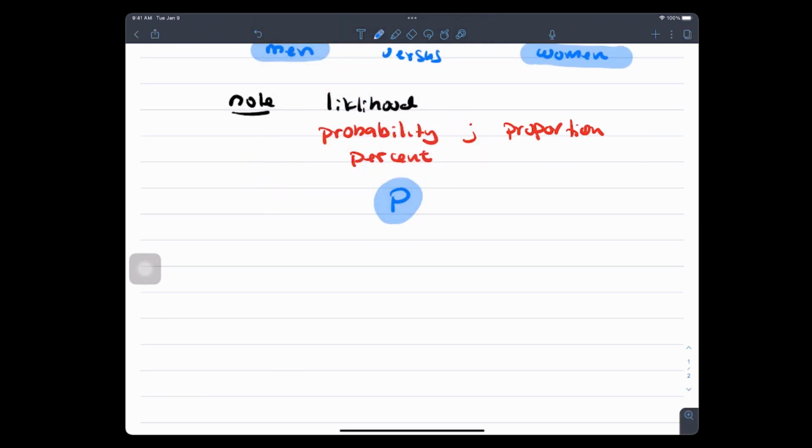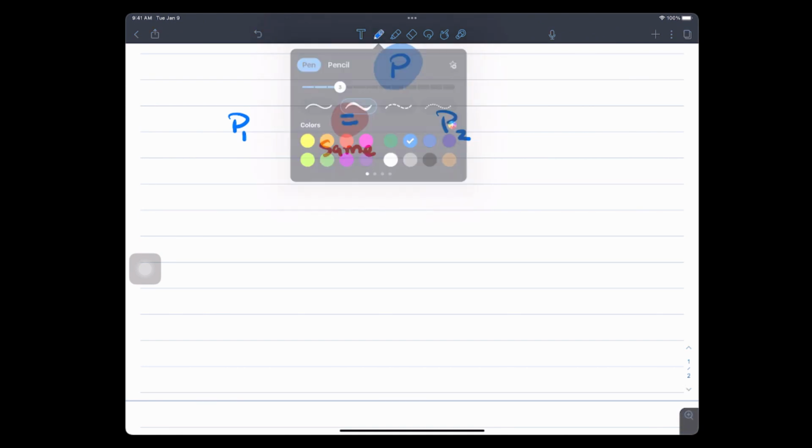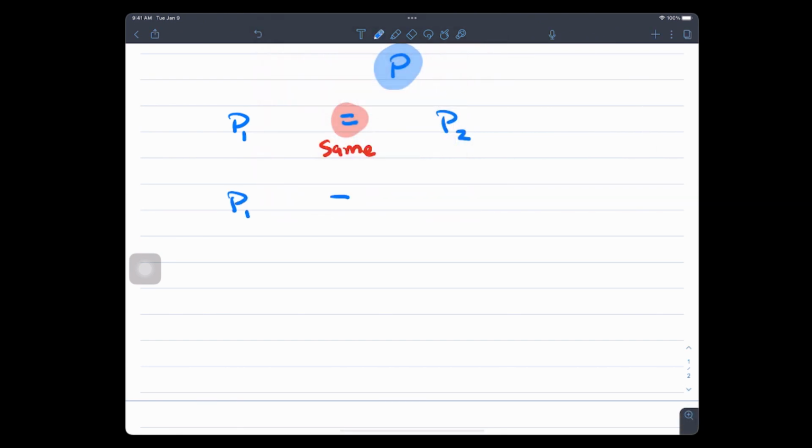So in that case, if you say same rate, and I'll give you guys some of this language here, P1 equals what? P2. Because what does this word mean here? Equals, we say same. Is that right? And if we're talking about cheating, what do you guys think? Are the rates the same? Or are they different? Notice my language. The cheating, the infidelity. Some people are interested in that. That's okay. If you're a psychology major, you're probably interested in this stuff.